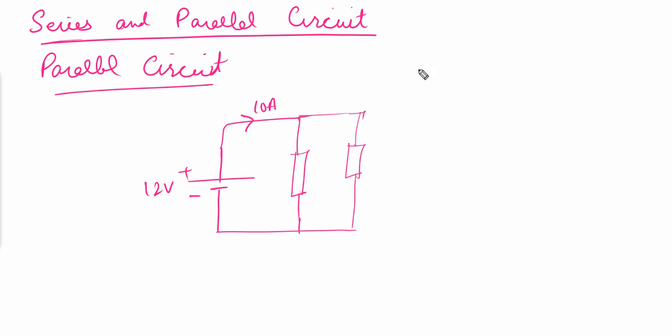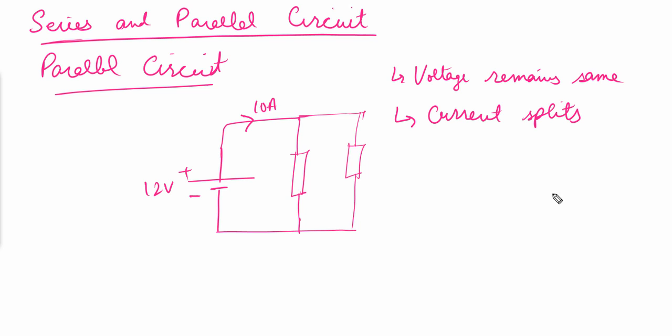Now in a parallel circuit, remember that voltage remains the same. The voltage remains the same in a parallel circuit, but the current splits. So if 10 ampere is the total current, when the current reaches over here, some current will pass through this resistor, some current will pass through this resistor. So if 7 ampere of current has flown through this resistor, then the remaining 3 ampere will flow through this